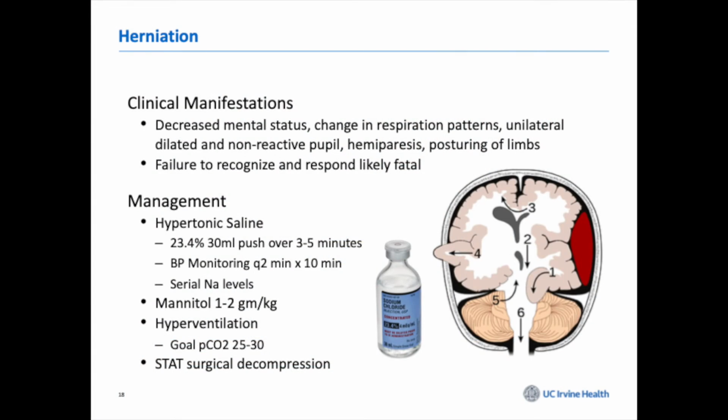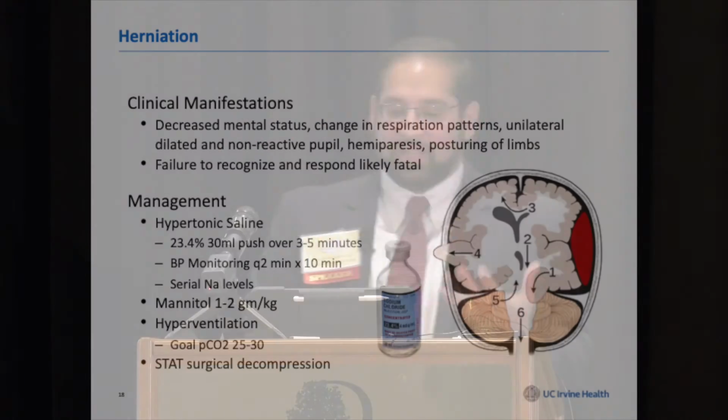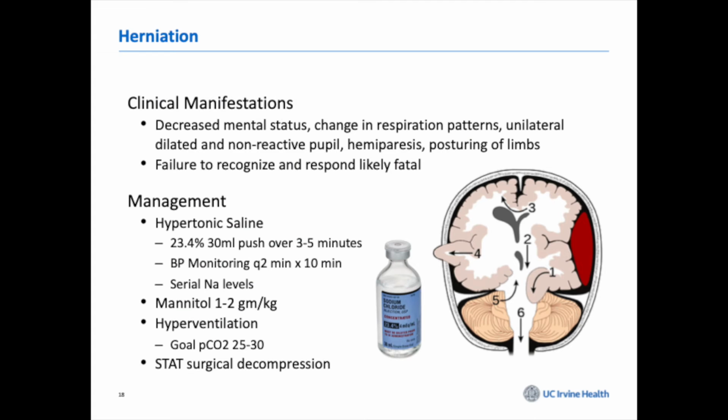So how do we manage it? All those same principles that we talked about ahead of time, making sure the head of the bed's up, the neck is straight, things like that, are all very critical, as is treating respiratory failure. In addition to the standard hypertonics, this is where we get into the more aggressive dosings and start using 23% saline. This is a small vial of 30 mLs of 23%, and we push that rapidly over 3 to 5